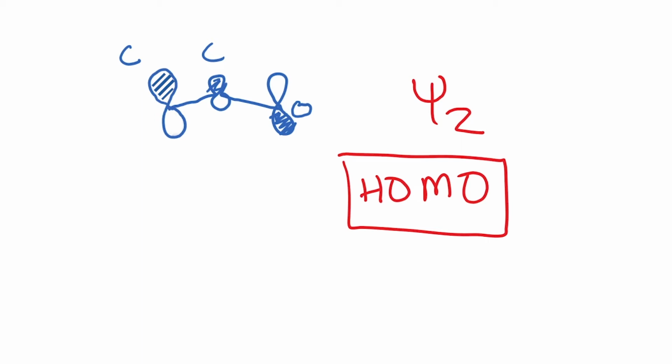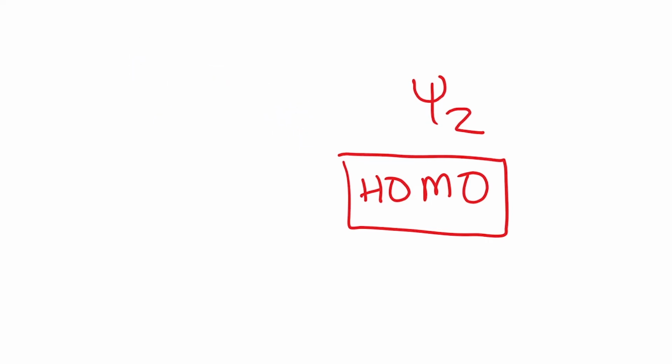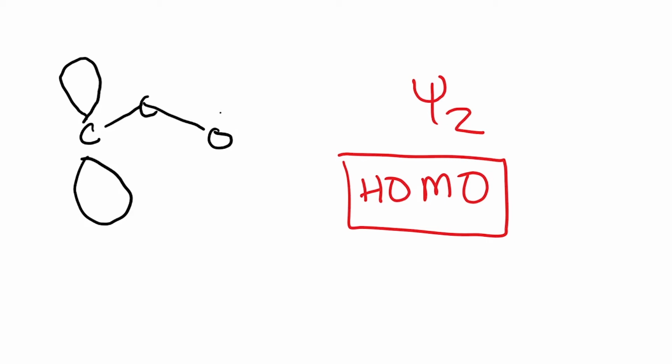Okay. So in an enolate, you see that the size of this lobe, let me just redraw this to make it a little clearer. So you have two carbons and one oxygen, but just to be clear, this is the carbon, this is the carbon, and this is the oxygen. And so the size of the lobe here is substantially larger on the carbon. I'm just drawing it very large just to make the point. And there's a very small component on this carbon, the terminal carbon, which is going to play an important role in determining how reactions actually happen.